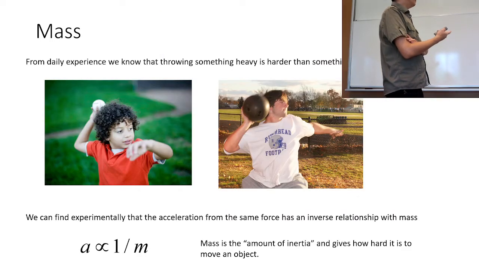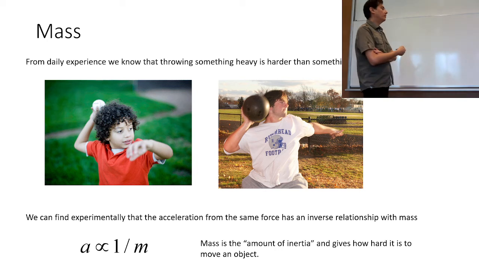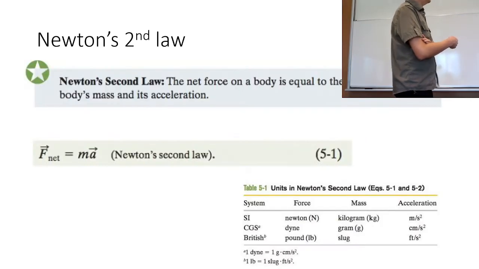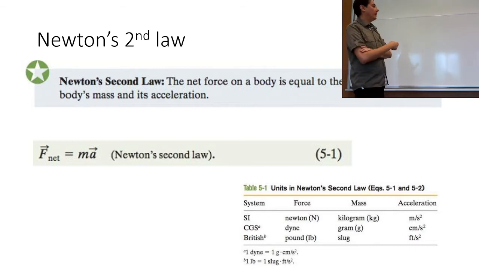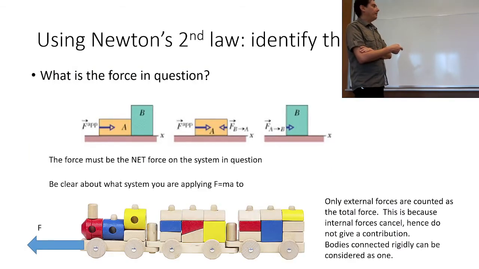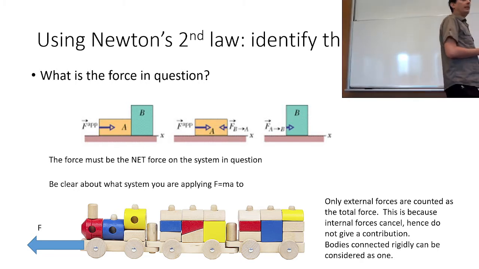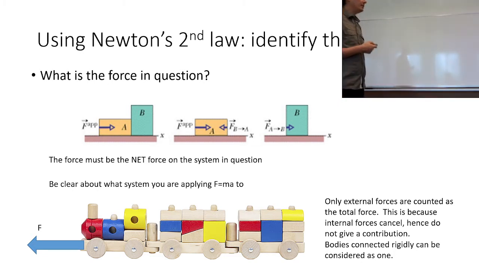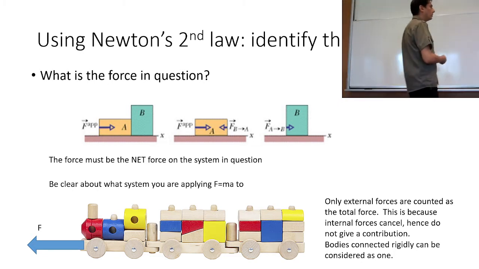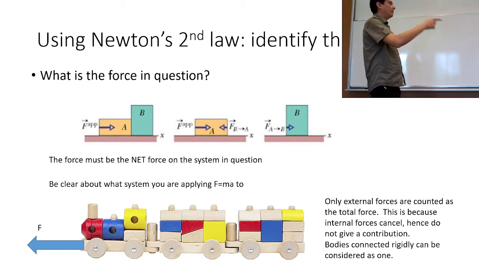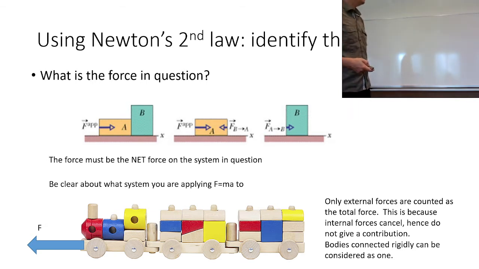Right, and then from daily experience, we know that accelerating something that's heavier, more massive, is harder than something that's lighter. And so this is a kind of formulation of Newton's second law, F equals ma. And so, of course, this is the classic kind of problem solving in physics, right? So using Newton's laws to figure out how an object will move is a whole art form in itself. And so these are various tricks that you should keep in mind when you're solving